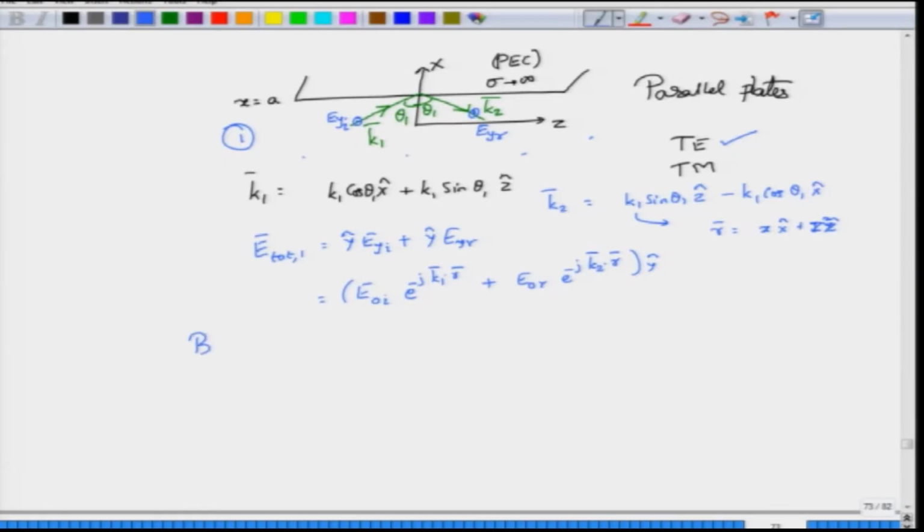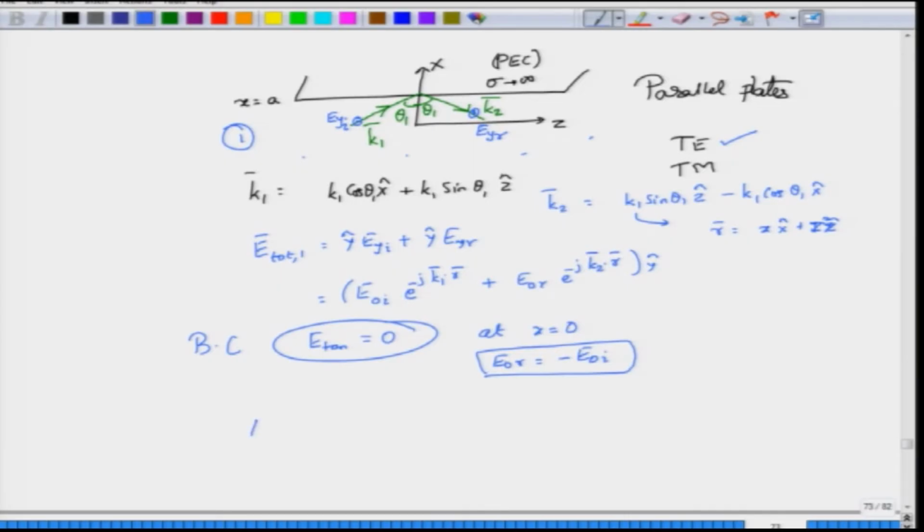Now, what is the boundary condition that we have on a perfect electric conductor? The tangential component must be equal to 0, right. So, the total tangential component on the boundary must be equal to 0, which means that at x equal to 0, and we also know that for the phase factors at any point of z we should have the same condition, that of course will give you the Snell's law and other things. What this essentially implies is that the reflected E0R amplitude should be equal to minus E0I. Okay. Because you set this equation equal to 0 for all values of x and for all values of z, you will essentially get that E0R is equal to minus E0I, right.